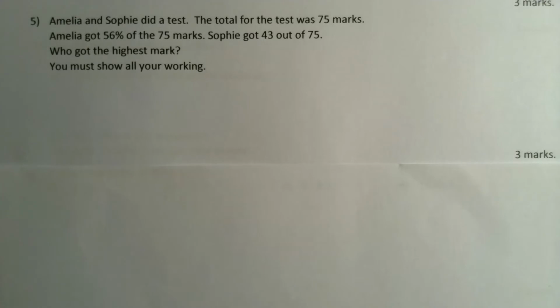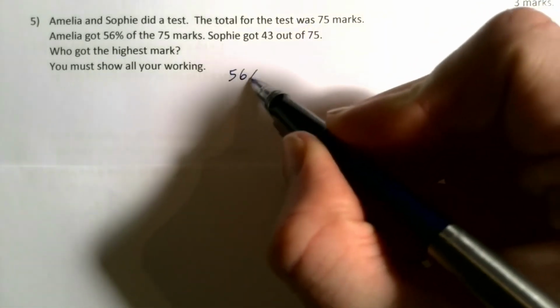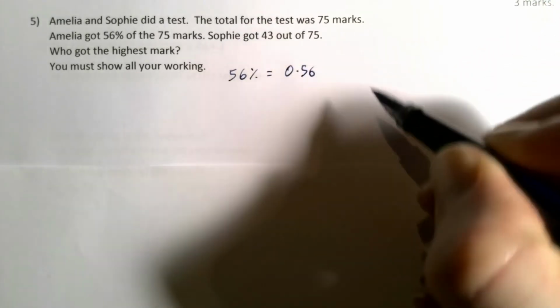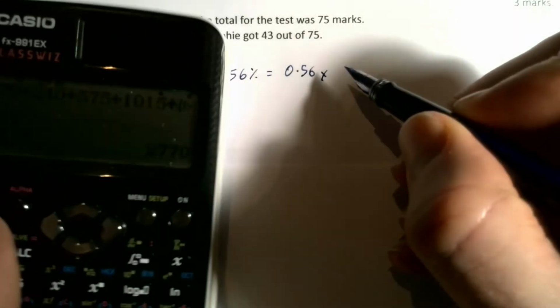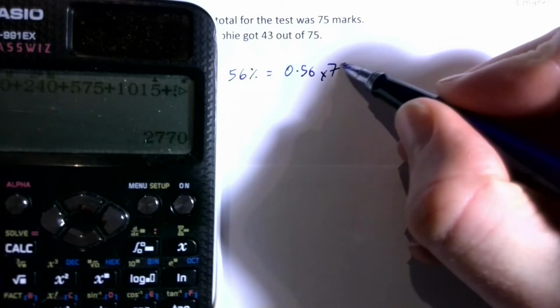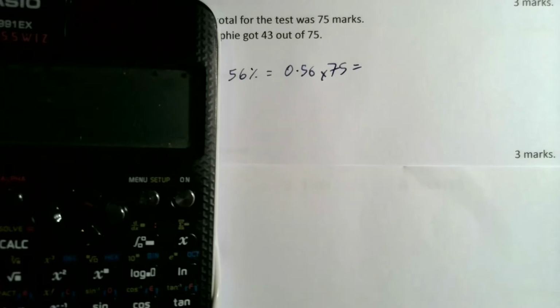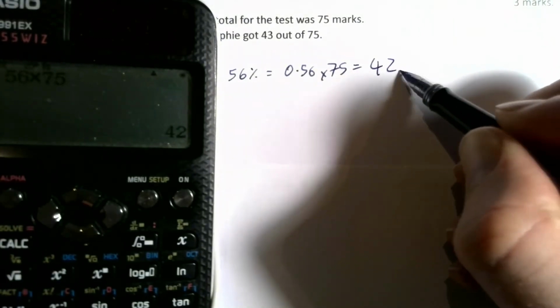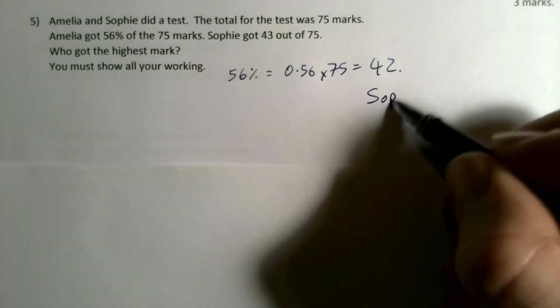Related to ratio is percentages, so give this one a go. So who got the highest mark? So Sophie got 43 out of 75. Amelia got 56% of the 75 marks. Well, 56% means 0.56. So to get 56% of 75, you just need to multiply 75 by 0.56. 0.56 times 75, and that gives you 42 marks. So Amelia got 42. So Sophie